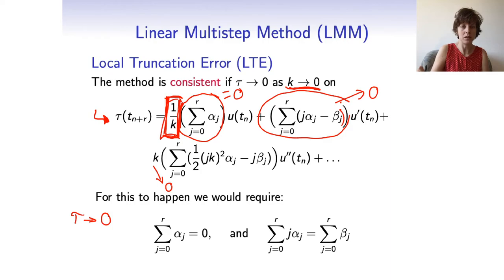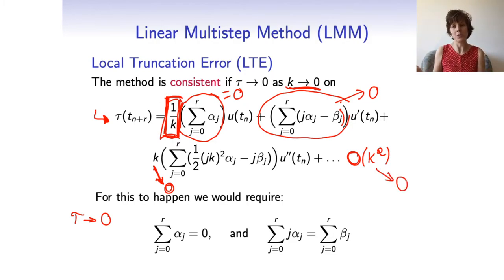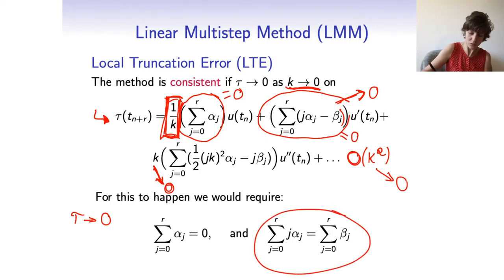It means that if k goes to 0, nothing happens to this term. It will still be there. So this term here goes to 0, and here it's plus terms of the order of k squared, which goes to 0 as k goes to 0. So we want this term here to be 0, okay? So for that, this equals 0,